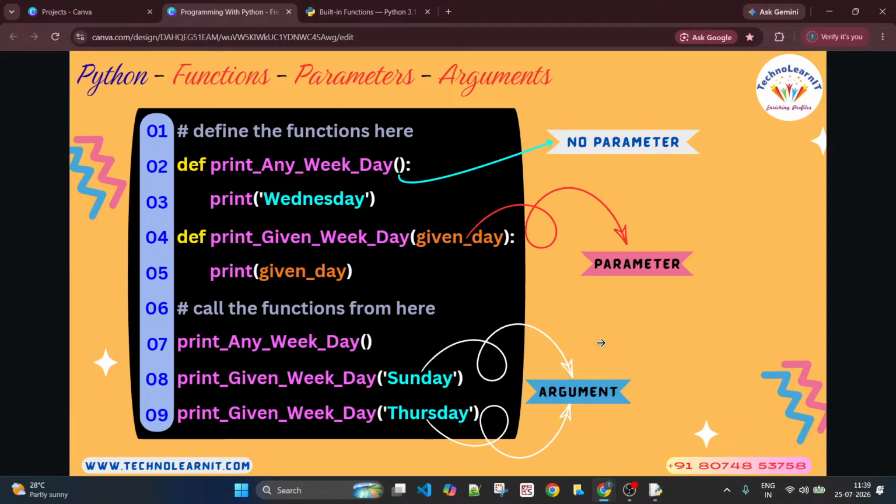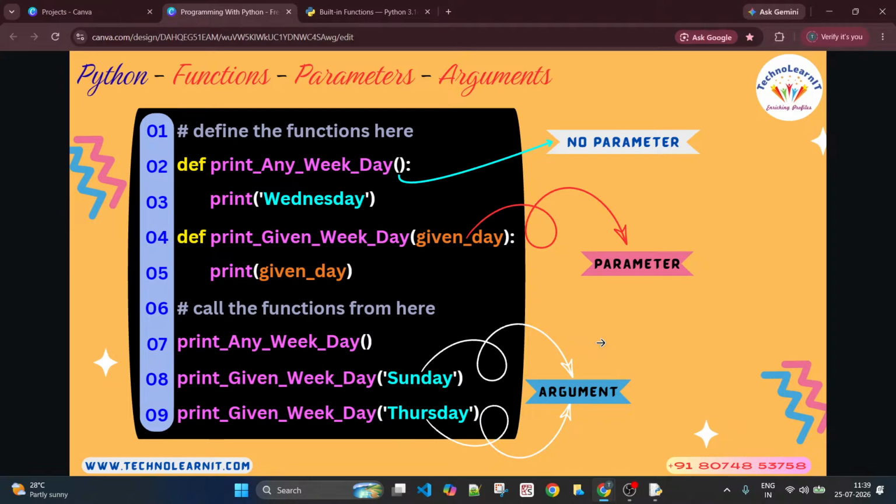And what will it do when that function is called? It just prints Wednesday. It always prints Wednesday. Any number of times you call that, it prints Wednesday. In contrast, on line number 4, there is another function by the name print given weekday, which takes a parameter. The name of the parameter is given day. And how do you make a call to this kind of function?